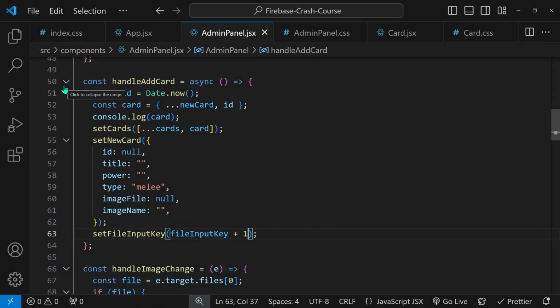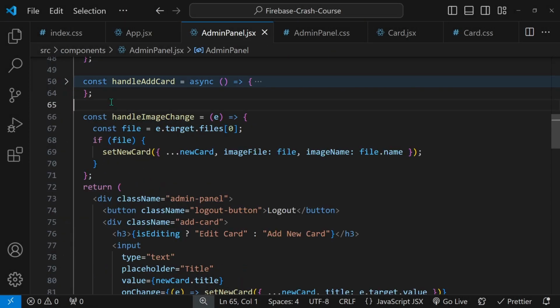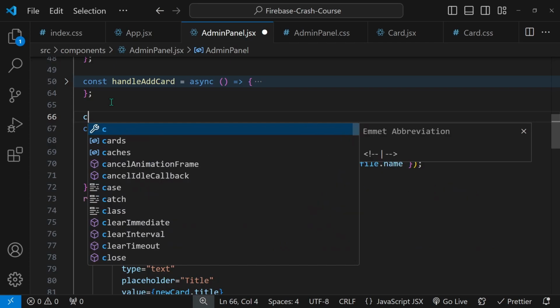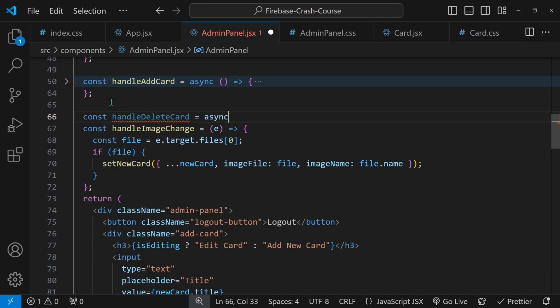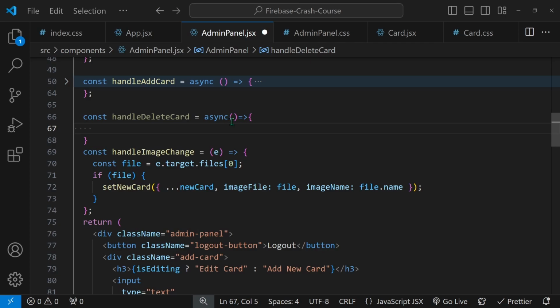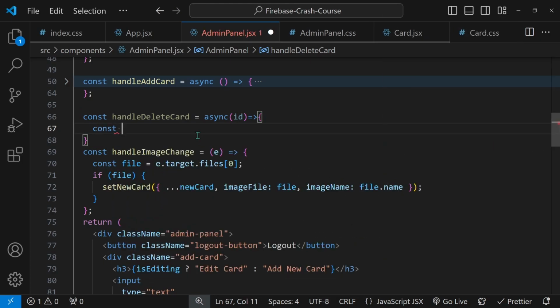Okay, let's come back to our project, and below our handle add card, I'll create a new function just like the handle add card, but this will be handle delete card. It will be an async arrow function, and for this function we have to know which card to delete, so it will receive an ID as a parameter. The logic for this is going to be extremely simple. As long as we are not using Firebase, create a new array. This will be the updated cards, and it will be equal to the